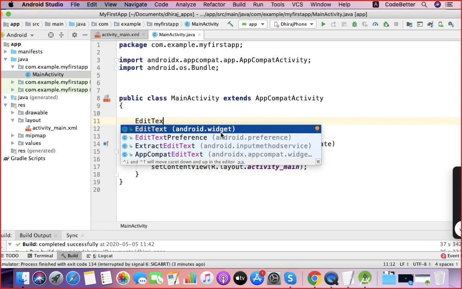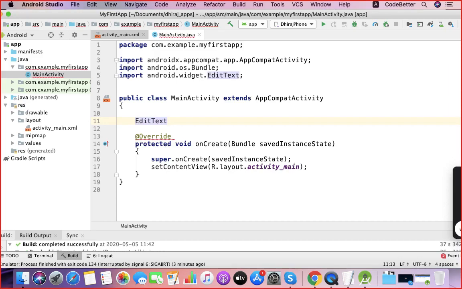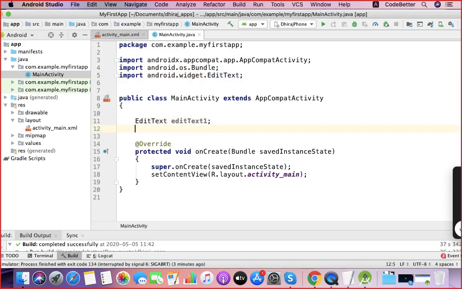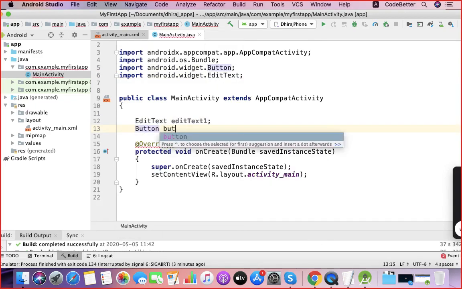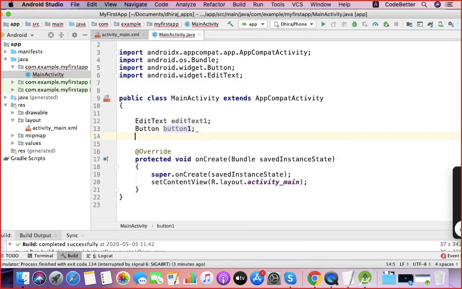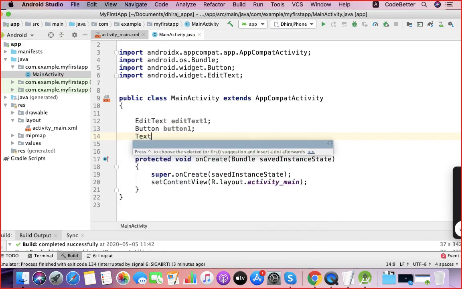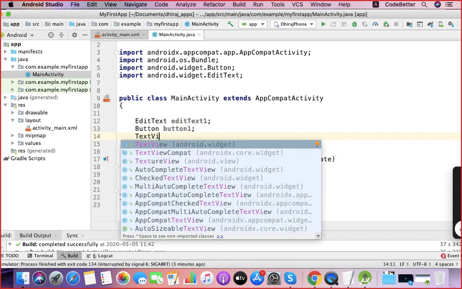You create a reference of that object. Here you can see edit text is imported. Similarly, button is there, so you can create a reference of button. Similarly, you have text view, you can create a reference for the text view.